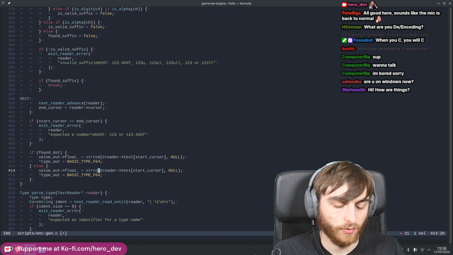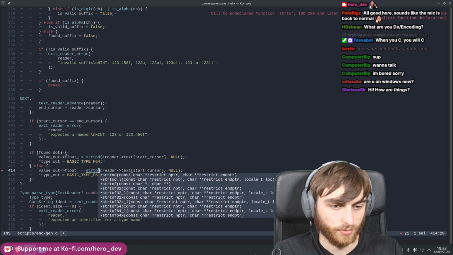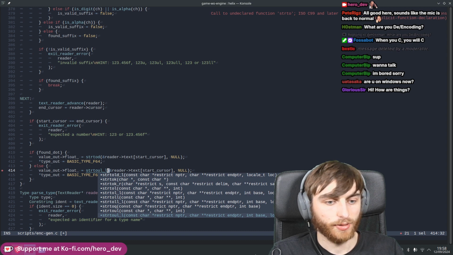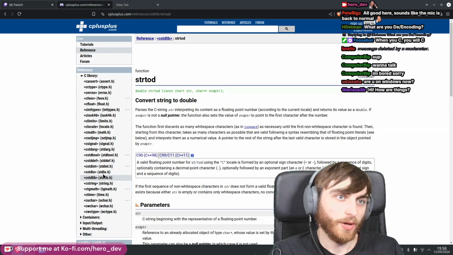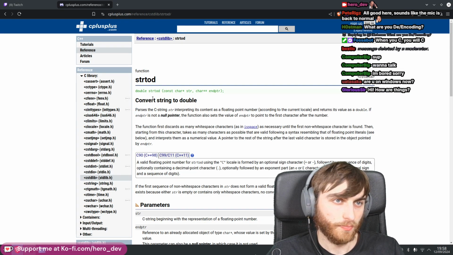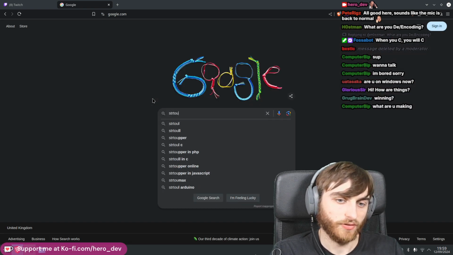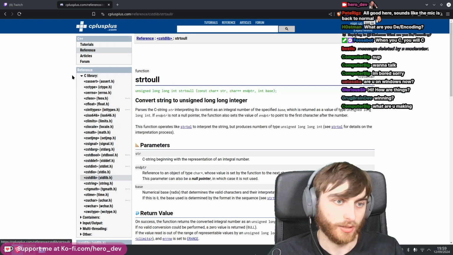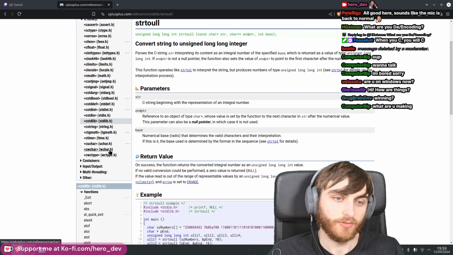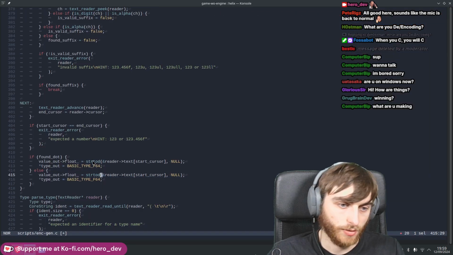So the next one is string to I. See, these are a bit of a bugger, to be honest. String to long or whatever, right? This is extremely dumb. There's a string to UL, so there's not really a cross-platform string to U64 basically. On Windows you have to use the ULL, because a long is 32 bits. It's the same as an int. So we'll just have to if-def that, basically. So we'll be like string to